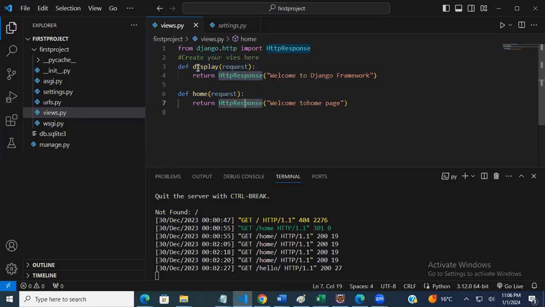Last time here we have created one view with the name display. A view is just like a Python function which accepts a request object as a parameter and returns an HTTP response back to the client. So here we are returning the HTTP response from the view, but sometimes we need to write some HTML code inside the Python script. We can write HTML code inside the Python script and return that as a response back to the client. But